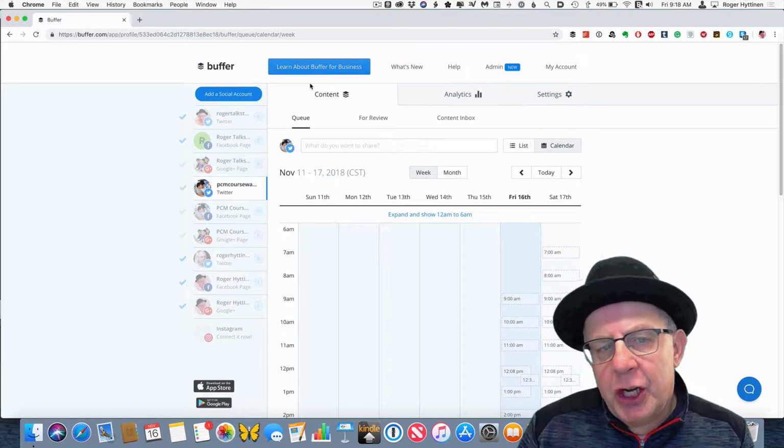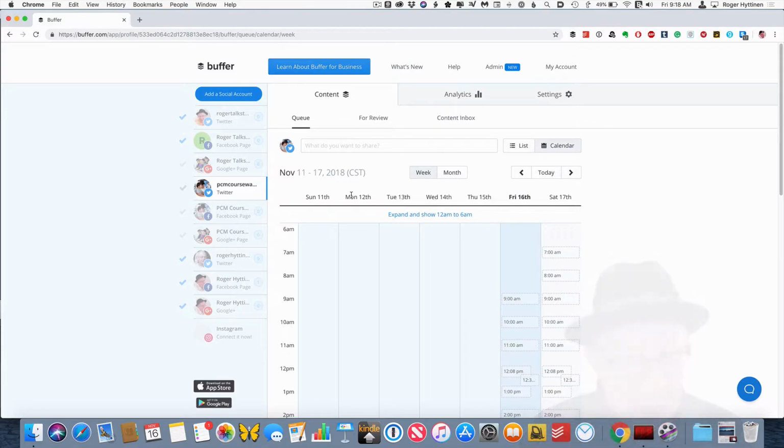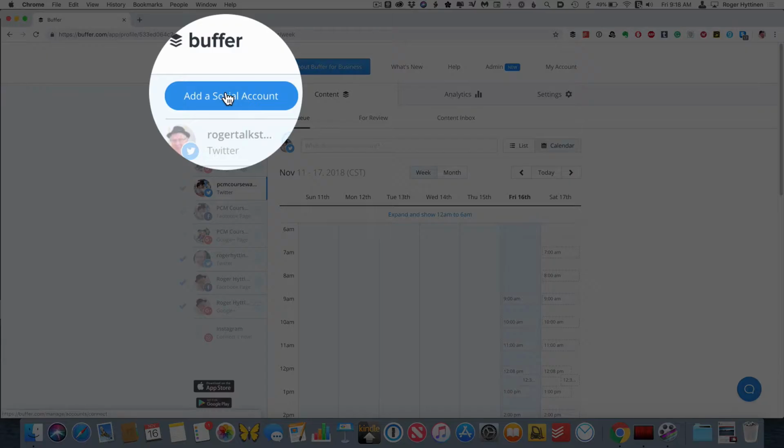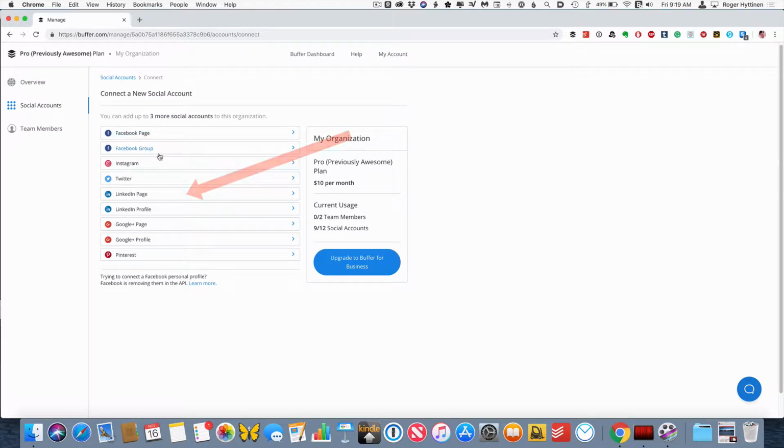So the first thing we want to do is connect our social media accounts, which we do right from the main Buffer page here. To do so, we'll click the Add a Social Account button, and then we'll choose the type of accounts we want to add. Once you choose an account, you'll need to enter your account credentials. You can connect accounts from a range of social networks to your Buffer. So here we have Facebook page, Facebook group, Instagram, Twitter, LinkedIn page, LinkedIn profile, Google Plus page, Google Plus profile,